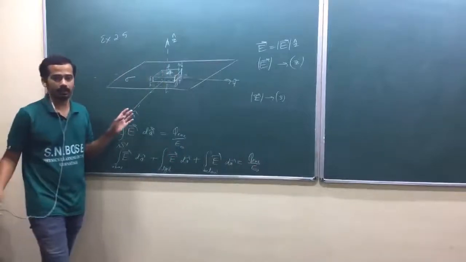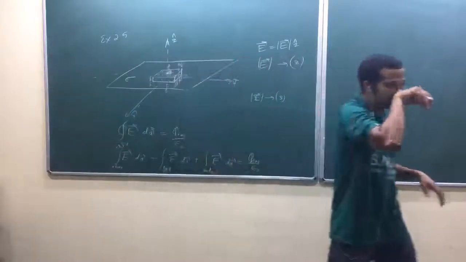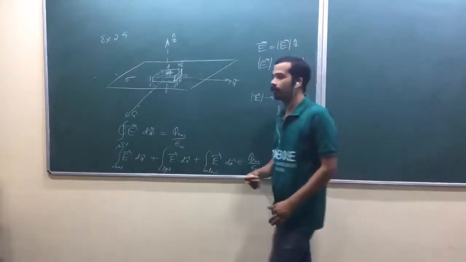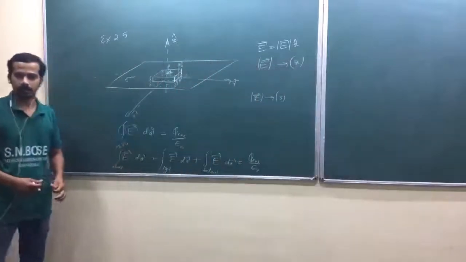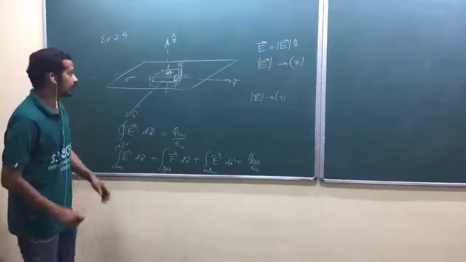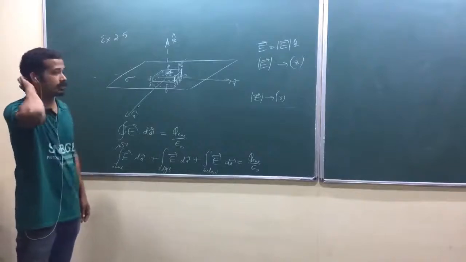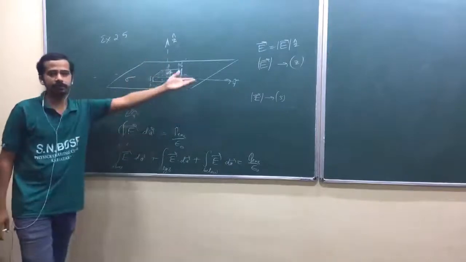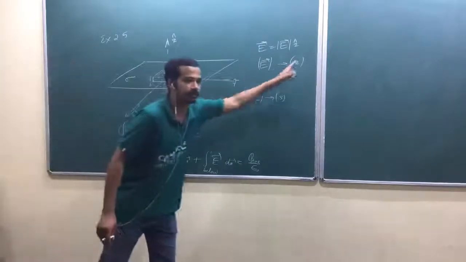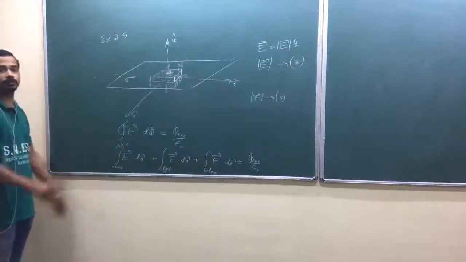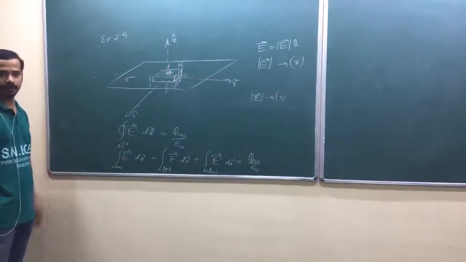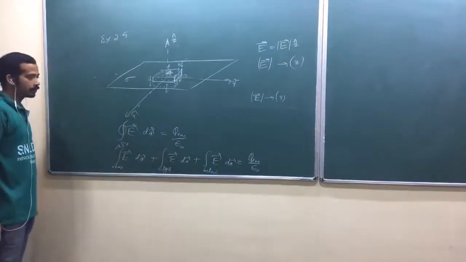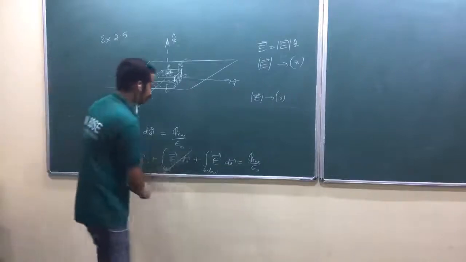Now look here. The entire Gaussian surface is not contributing flux, that's one thing. The other is that on the entire Gaussian surface our electric field is not uniform, remember. On the edge surfaces it may be changing, am I right? It's a function of z, that's what we have taken. But it was not contributing flux, that's why we were safe. Otherwise we would be in trouble, we couldn't apply this. Is that clear? So now this part is 0.